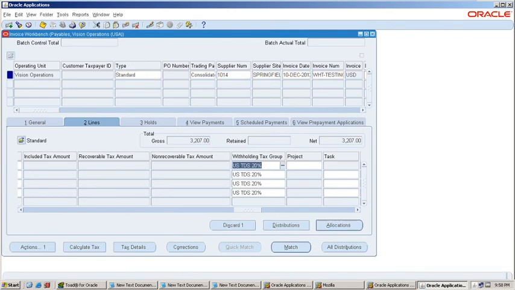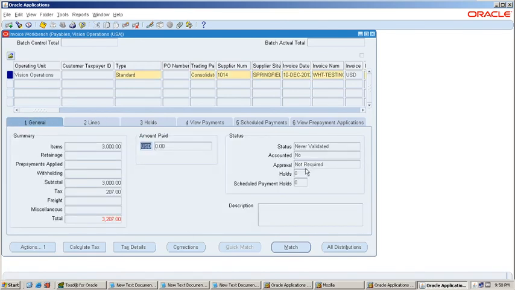Here see the withholding tax group, whatever tax group we have created, which is defaulted when you select the supplier at the header level. This is defaulted here. Now when you click on validate, then only the withholding tax will be calculated. This is the step which we have set up at the payables options level.